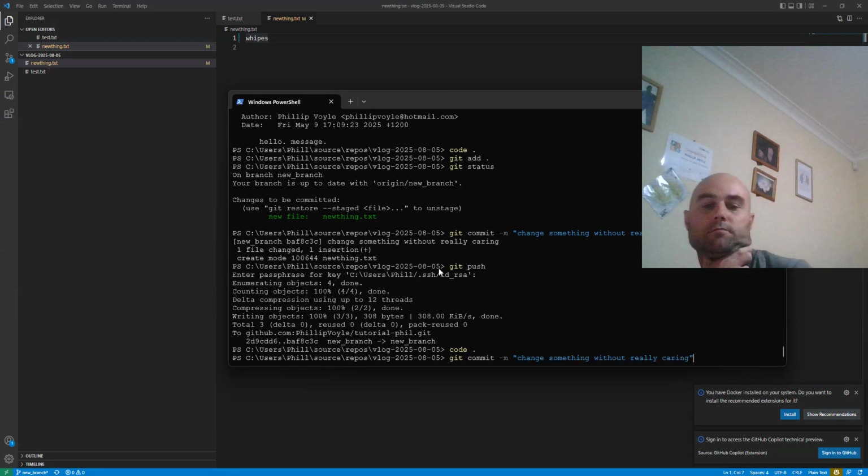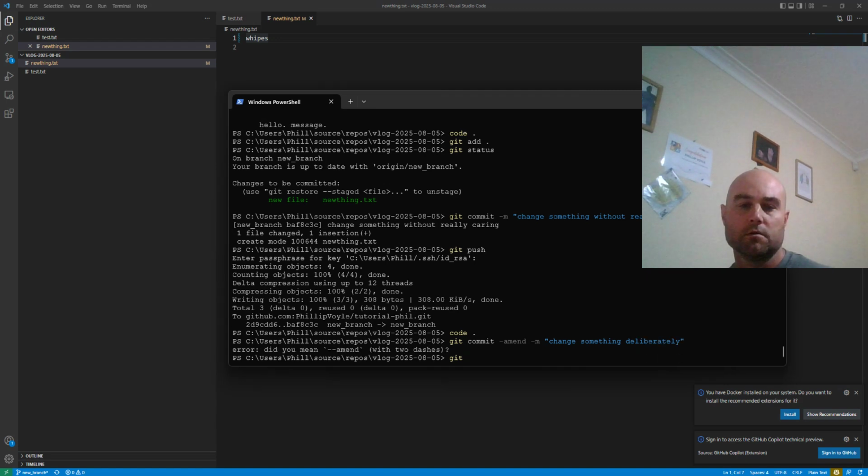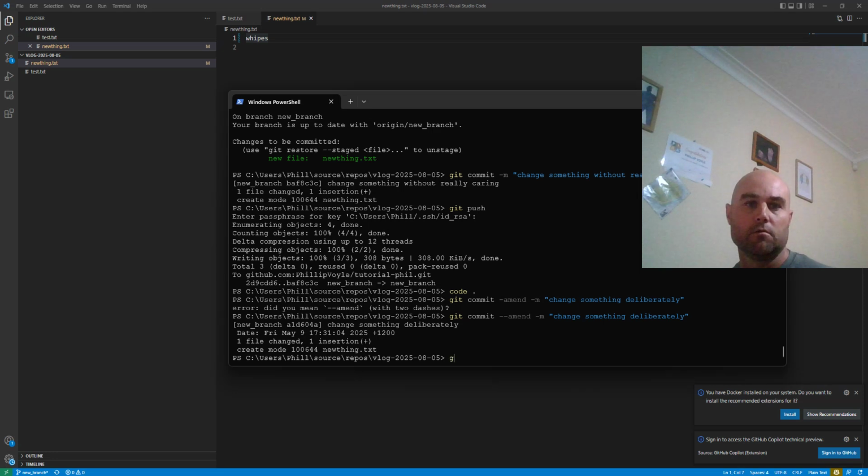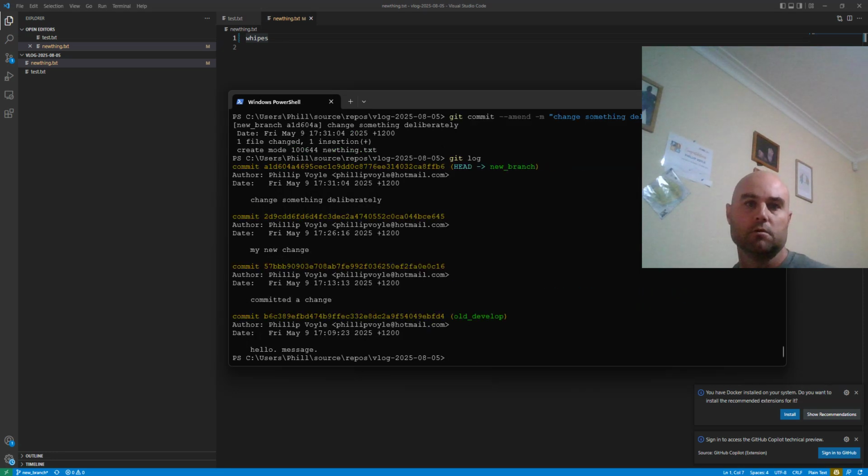I might just git commit with amend, and I mean that deliberately. Yes, I did mean it with two dashes, sorry. And you will see that we no longer have the accidental commit there,